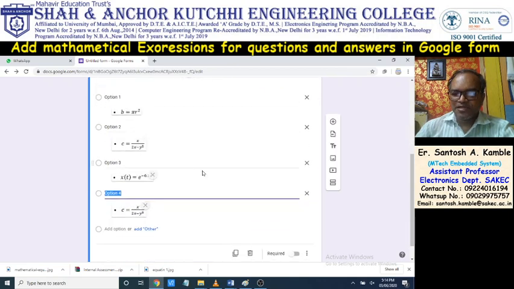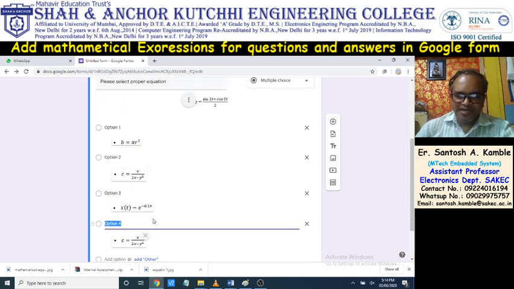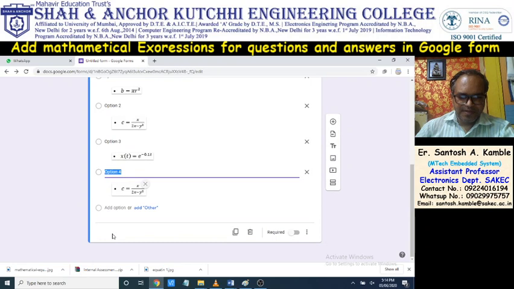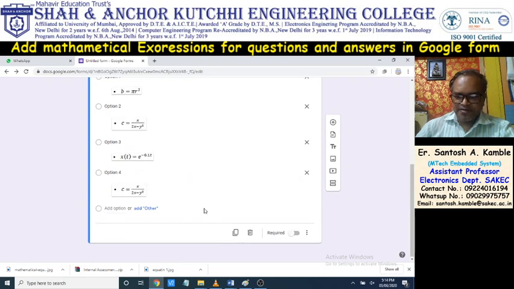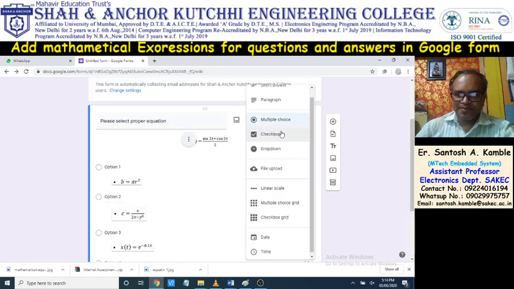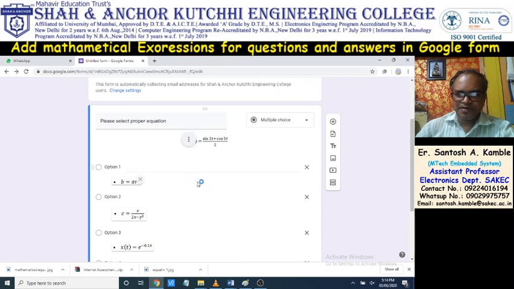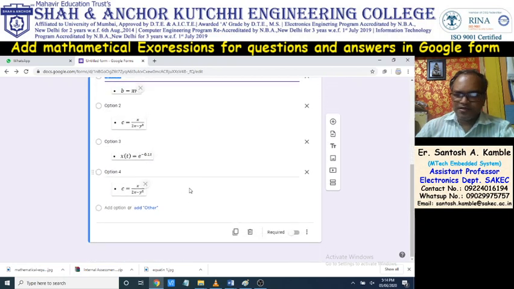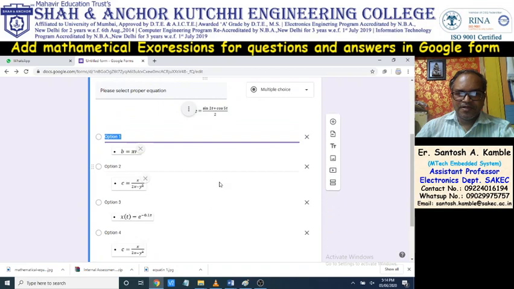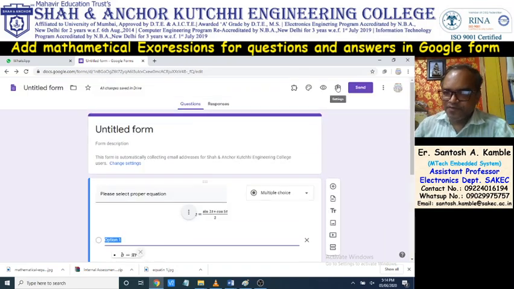Now we have to assign marks for this. So for that you have to click on, so it is a multiple choice option. So multiple choice option, and you can assign the marks. For that first you have to make it a quiz.